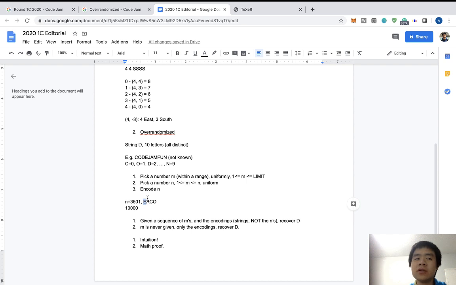Which means that if we look at all the encodings, the first letter has to be 1 to 9, and we just have to hope that this 1 to 9 contains all the 9 distinct characters, and somewhere else you will find a 10th character, and the 10th character you know has to correspond to 0. The second thing we want to notice is that